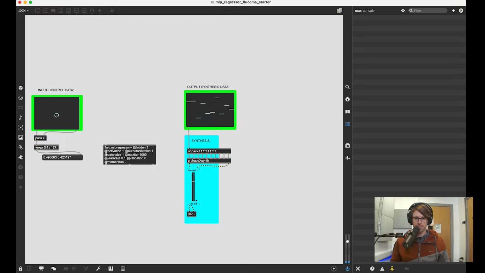Okay. And what we're going to be doing is sending these 2 values of my XY controller input space to this neural network that will then predict